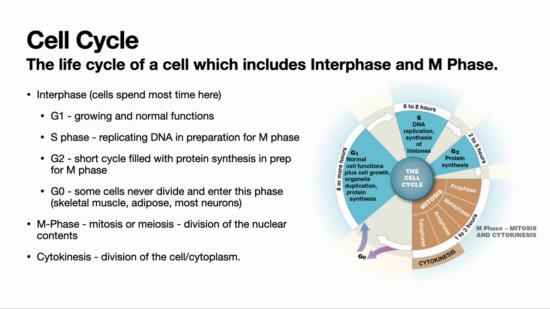In G1, the cell is going to grow and do its normal job. In S phase, it's going to replicate its DNA because it's preparing to go into M phase. In other words, it already knows it's going to divide, so it needs to replicate all of the DNA. For you, that means all 46 chromosomes. Then in G2, which is a pretty short phase, the cell is going to finish growing, it's going to finish making any proteins it might need, and it's going to make any additional organelles that it might need in preparation